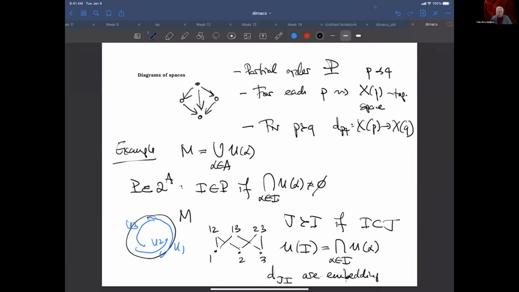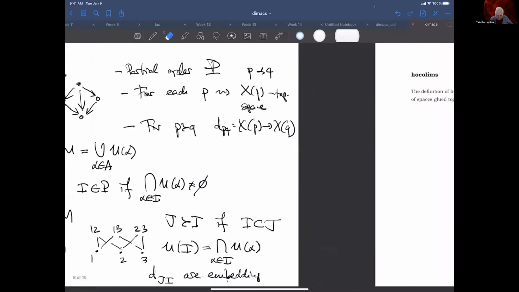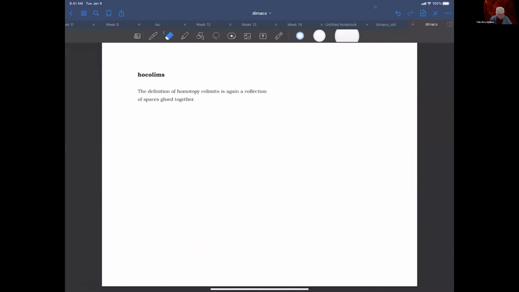Right, and you see that there is a resemblance of this partial ordered set with the circle which it's covering. And of course, the diagram of spaces is a new topological space which we will be gluing somehow from those pieces, and how these pieces are interacting between each other. So you have this diagram of spaces, then you can produce this thing which is called homotopic limit,